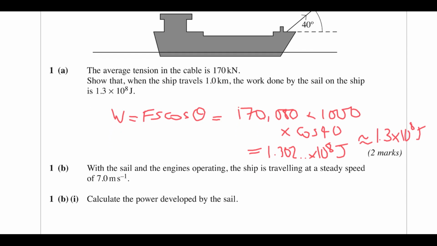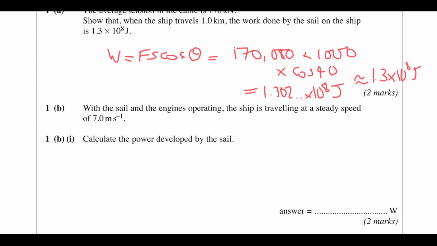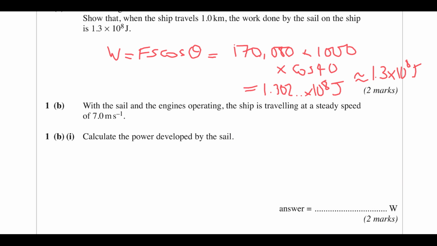Okay, so with the sail and the engines operating, the ship is traveling at a steady speed of 7 meters per second. Calculate the power developed by the sail. So what we can do is use the equation P equals F V